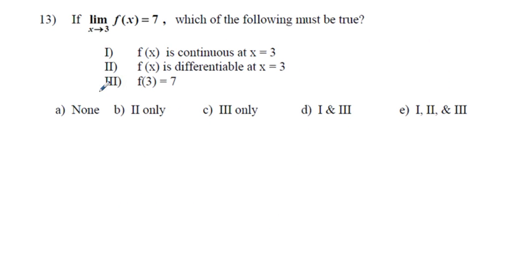Next, 13. If the limit as x approaches 3 of f of x equals 7, which of the following must be true? Well, to do this, one thing that helps me sometimes is to draw a little graph to look at examples. So we have this graph right here, and we're evaluating where x approaches 3. So 1, 2, 3, and we're trying to evaluate, we're saying the limit as x approaches 3 of f of x is 7. So up here at 7,